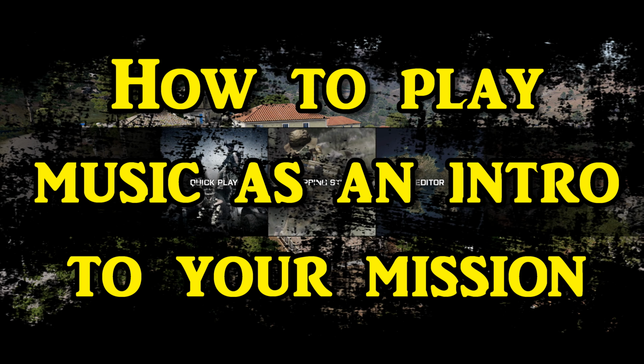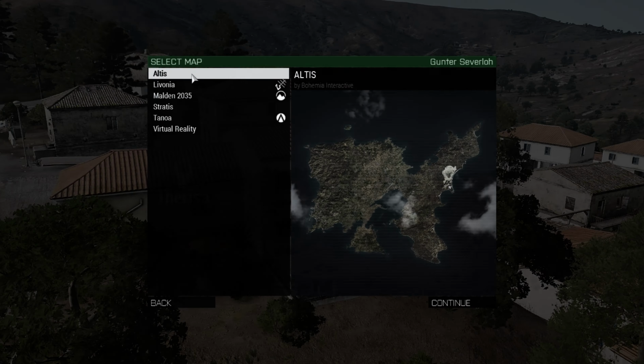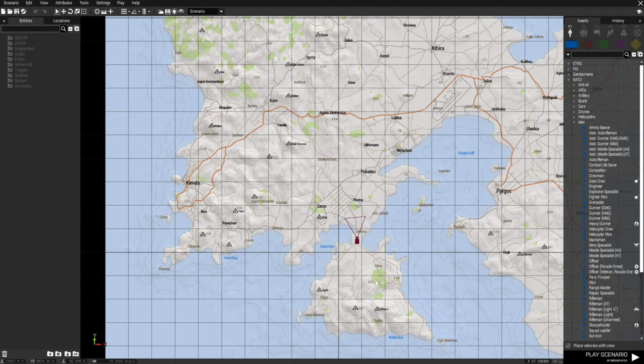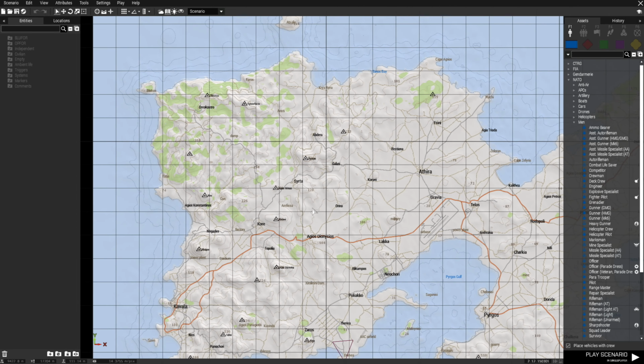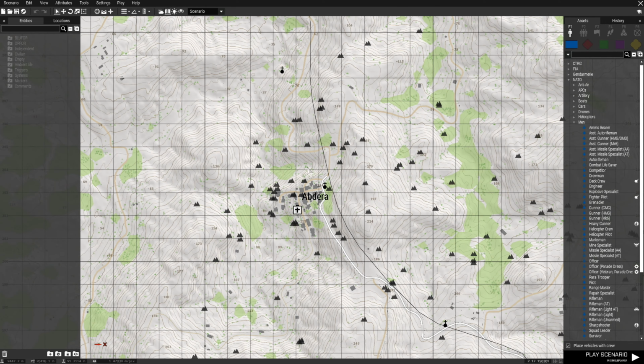How to play music as an intro to your mission. We're going to go to the editor and then to Altis. So what we need to do first is build a mission to put a script into, as well as a sound file. So we're going to go to Abdera here,